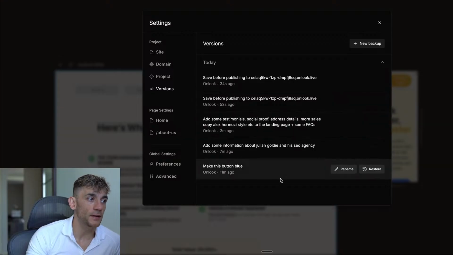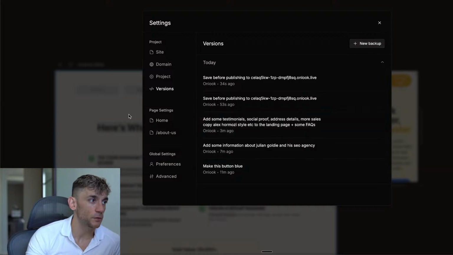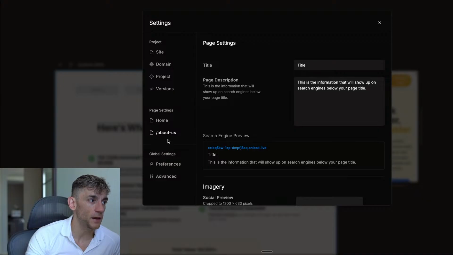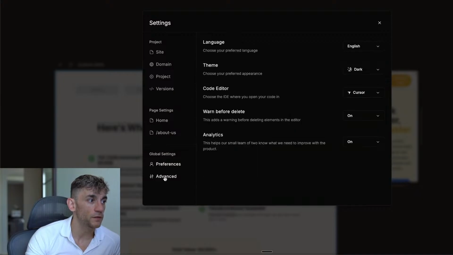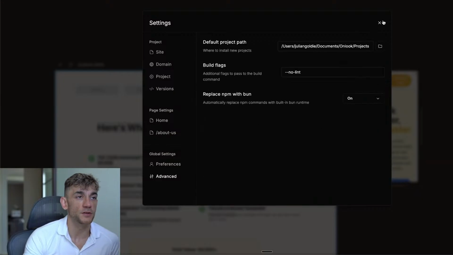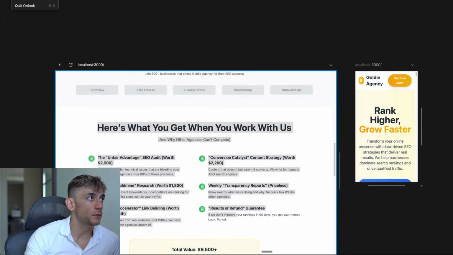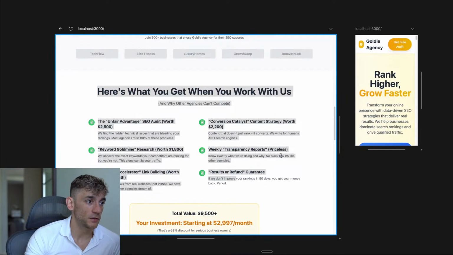What's also cool is here you get access to all the previous versions. So if you mess one up, you can just restore the old version, and you can create new backups all the time. And then you can see the page settings over here, along with the preferences and advanced information too. So it's really easy to use, pretty powerful tool, completely free, great for like vibe coding and just editing different